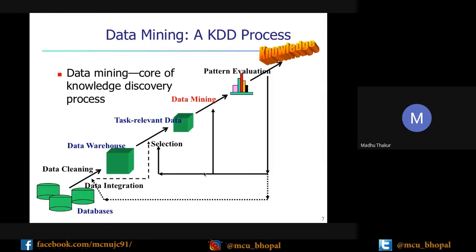Once you have cleaned, then you can see whether data normalization is required or not, because sometimes your data is in a big range, with very big values. It will take more memory and more processing time. If you want to represent it in a small form, then you can normalize to a range of 0 to 1, for example. If your values are in 0 to 1000, you can bring them into 0 to 1. That is called normalization. A lot of normalization approaches are available: min-max, z-score, and decimal scaling.